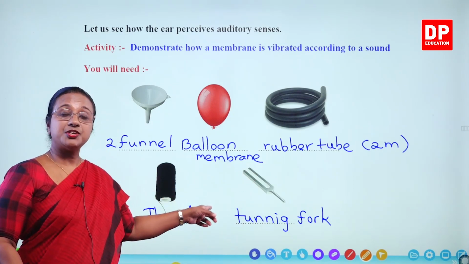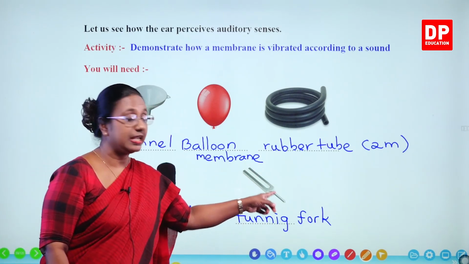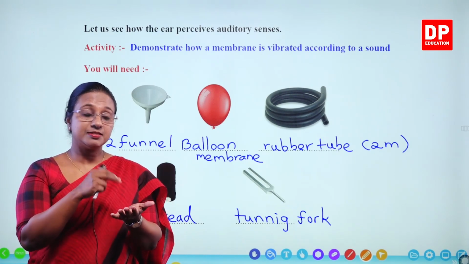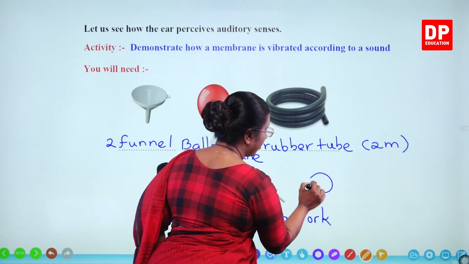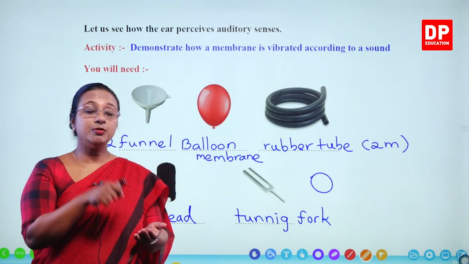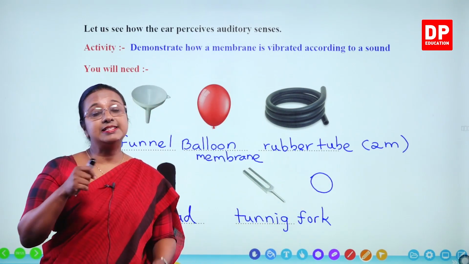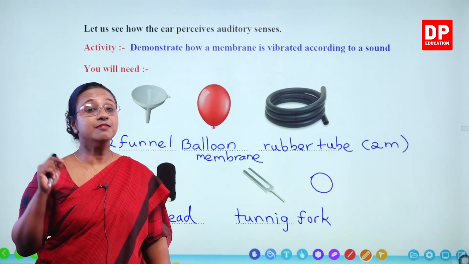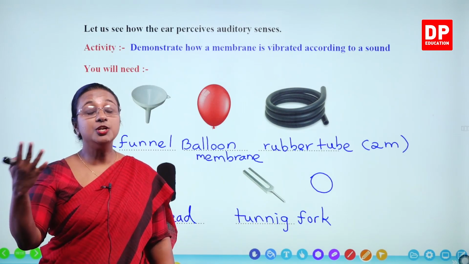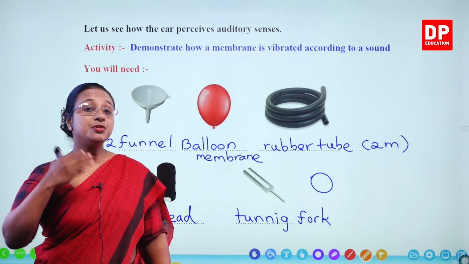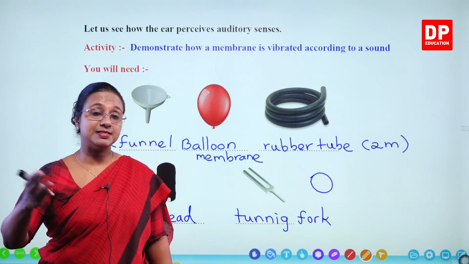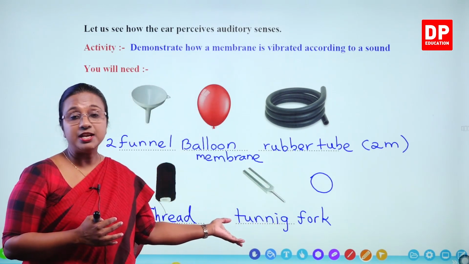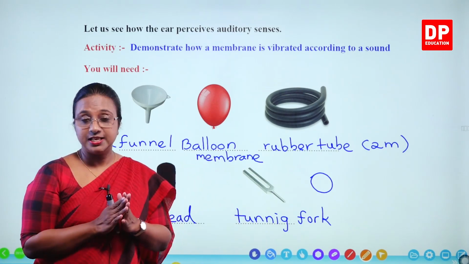Now you know the function of a tuning fork. This is a Y-shaped steel structure that can be vibrated. Normally there is a cork there. With this we get a cork-like structure. We tap the tuning fork on that cork and it starts to vibrate. And there are different tuning forks with different frequencies, similar to musical notes with different frequencies, like A, B, C, D. Here also we have different tuning forks. So you can use any one of the tuning forks, that is okay.